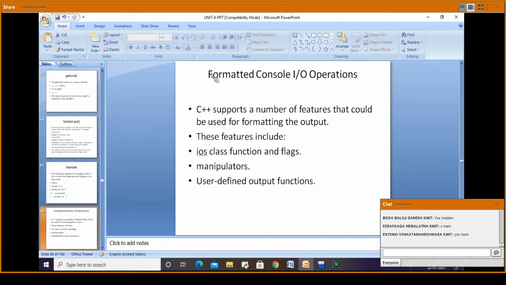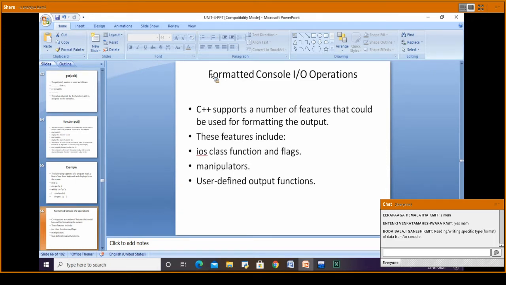But if after the output we want some spaces, say space after two digits, or space after one digit, or after the decimal point we want only a few digits, that is what can be done by using these formatting functions.